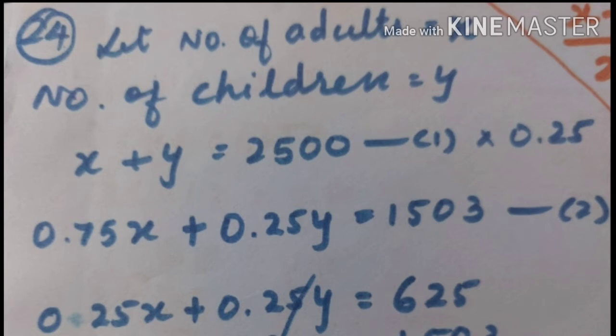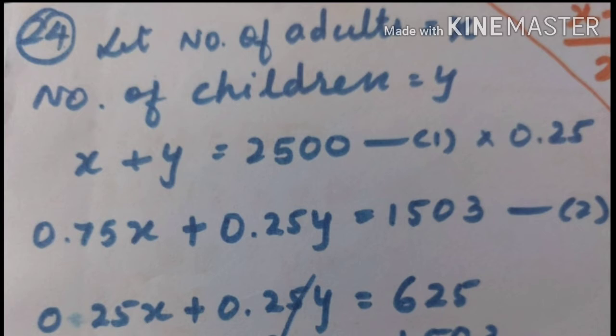Now the x means number of adults, they are paying 75 paise, so 0.75x plus number of children are y and each child is paying 25 paise, so 0.25y is equal to 1503. That is our equation number 2. So now you see all of you that